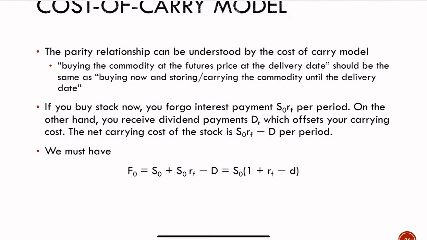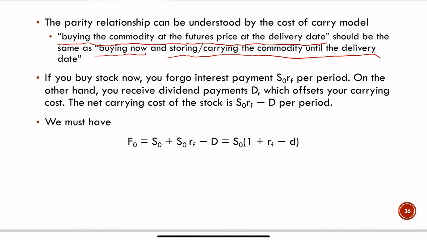Well, you can buy the commodity at the futures price at the delivery date, or you could buy this commodity now, and you will carry this commodity into the future, right? So if I draw this timeline here,